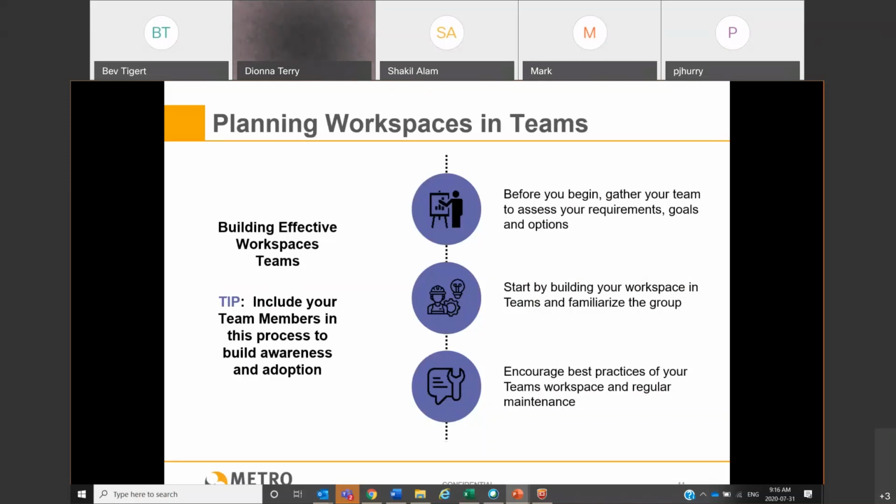So the team would be resources, and then under that, each channel could be for a role, could be operational managers, could be team leads, LCs, ICs, etc. So you can break it down that way. It depends how complex it is, right? What the functionality of that team is.